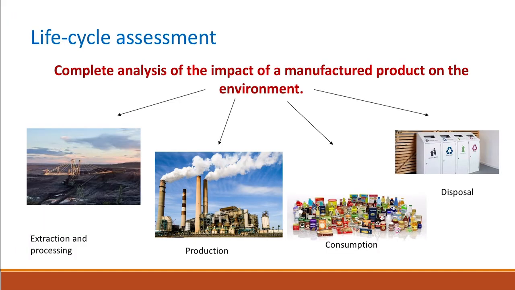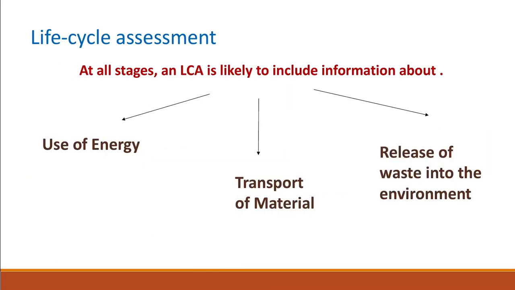The life cycle assessment is a complete analysis of the impact of the manufactured product on the environment. There are four stages in the life cycle assessment. First, the extraction and processing of the raw material, then the production of the product itself, then the consumption, and finally the disposal. In each of these four stages, the life cycle assessment is likely to include information about the use of energy, the transport of the material, and the release of the waste in the environment